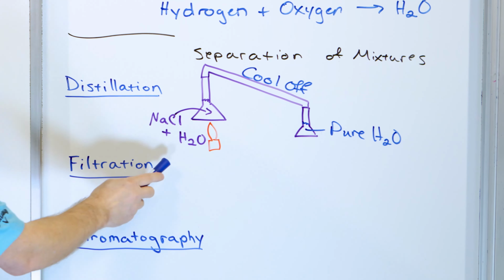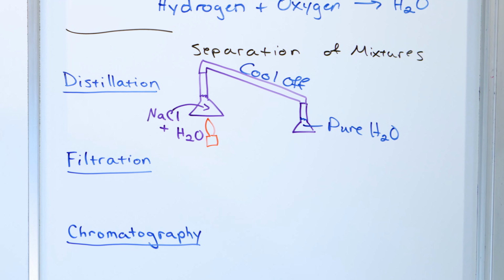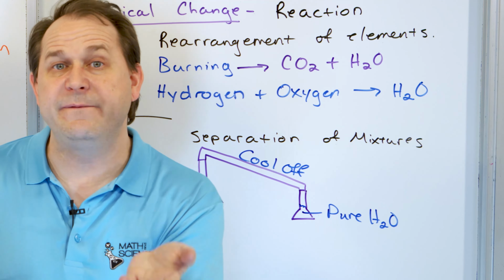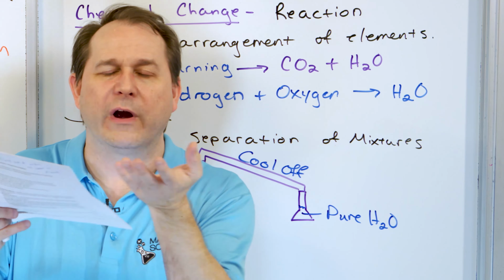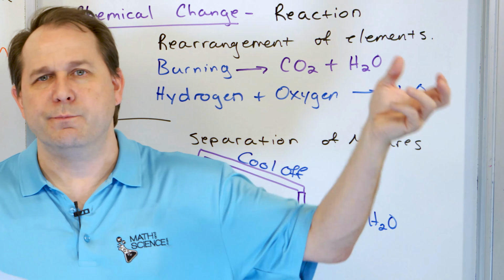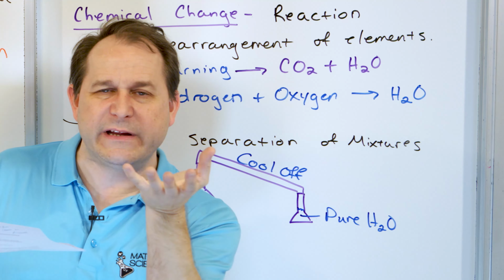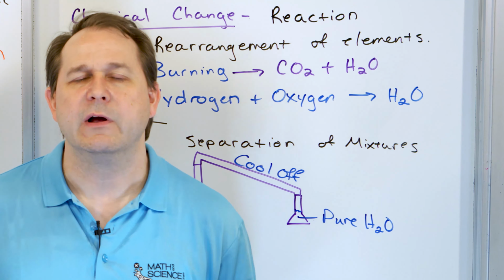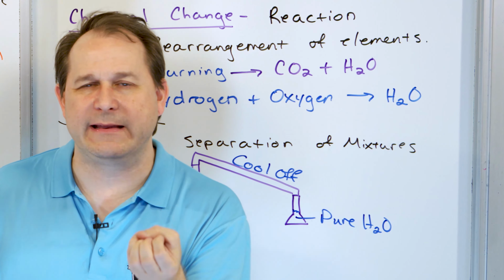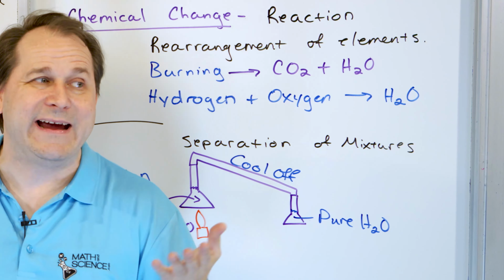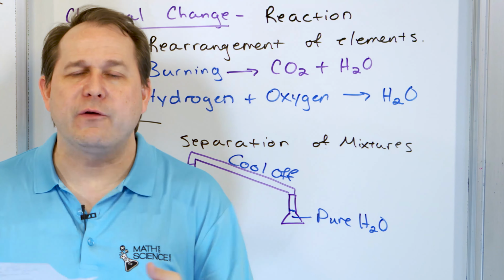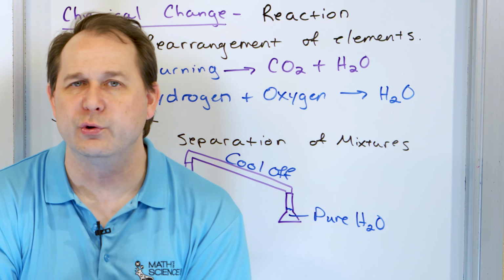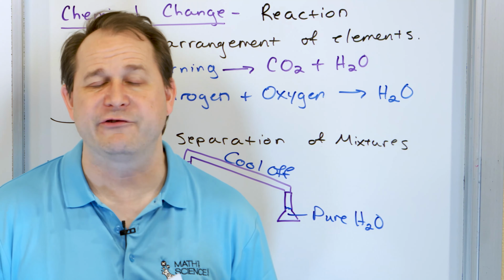Now filtration, I'm not even going to draw a diagram because it's so simple to understand. Filtration is exactly what you think of. You put a coffee filter or some kind of mesh filter or a colander or something like that, and you pour your mixture through it, and the liquid can flow through the holes, but the filter paper or whatever catches the solid material. It works best for solid things, like if you had water and sand, let's say, then that would work great. You would pour it through a filter and this filter would catch the sand because the sand cannot go through the filter, and you would separate the mixture that way.